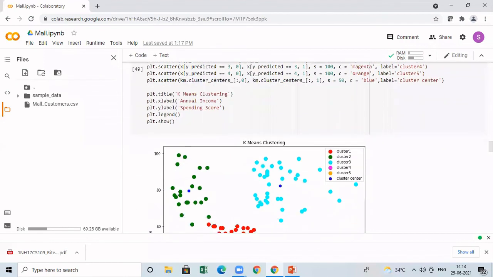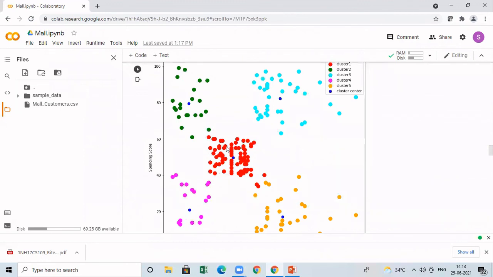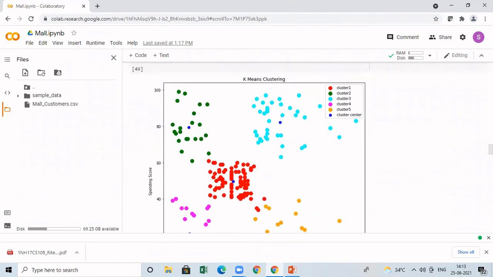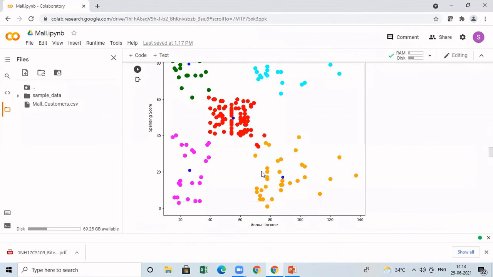So when you do this, you are going to print all the 5 clusters now. And here what we are printing is only the data points in the clusters. For that, the data points will have 2 variables, X and Y. So that is what we are predicting from here. X is nothing but the income value. Y is nothing but the spending score. So now we have clearly printed the clusters by means of the K-means clustering algorithm.